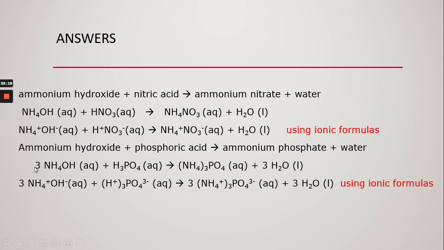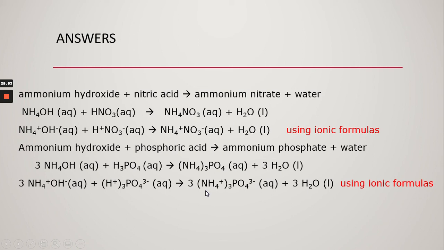I didn't ask you to do that, but if you haven't done that, then it might be worth adding it in for phosphoric acid. So when we've got phosphoric acid, because each mole, if you like, of phosphoric acid, or each unit of phosphoric acid has 3 hydrogen ions, 3 H plus ions, we need 3 lots of ammonium hydroxide to react with 1 lot of phosphoric acid. So the mole ratio would be 3 to 1 for ammonium hydroxide to phosphoric acid, and then we're producing 3